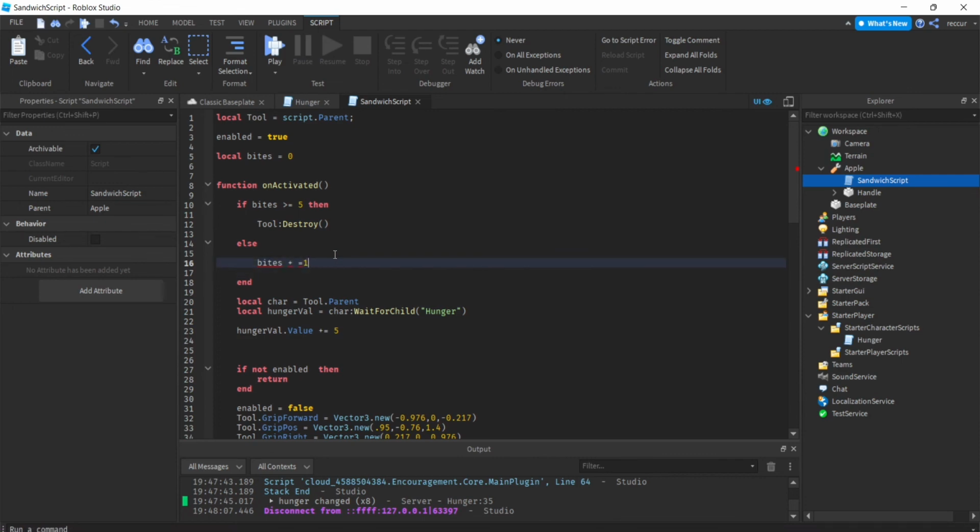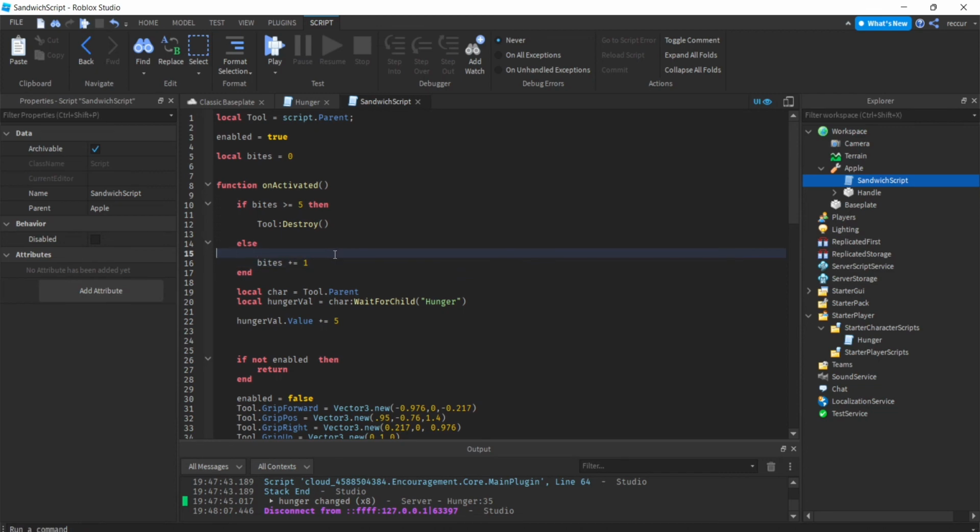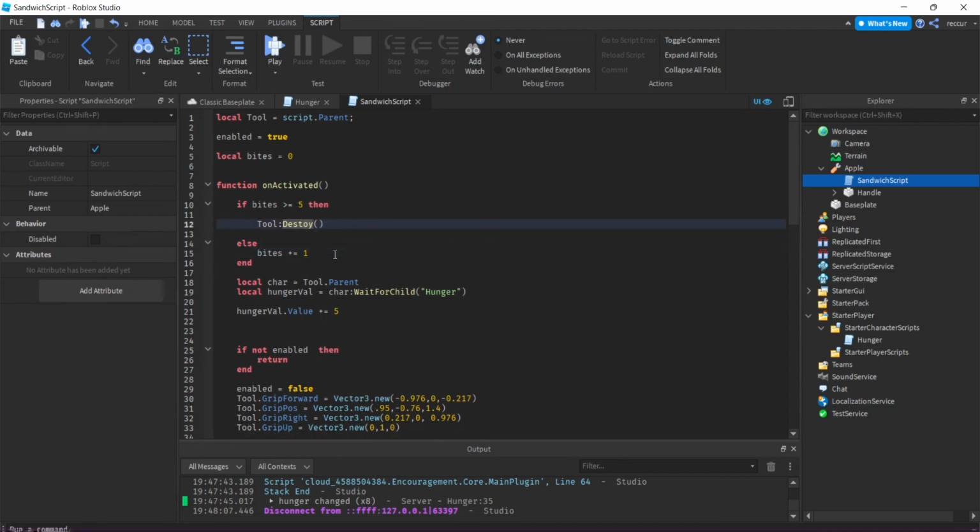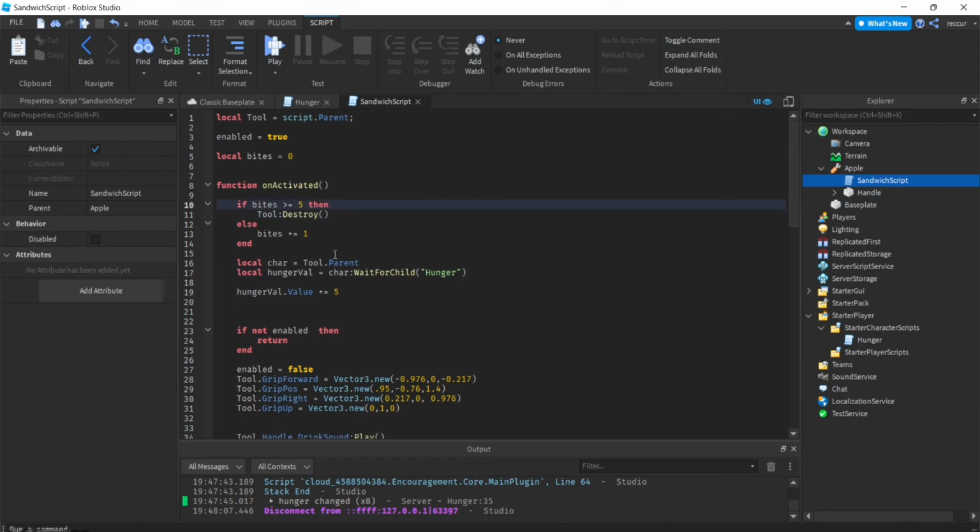So it's very simple, very basic scripting. All it does is check if you've bitten this more than 5 times, then it destroys. So basically, if you eat the whole apple, if you took 5 bites, it will destroy itself. It will vanish, basically. Otherwise, you want to add to the bites value, which is 0 by default, and